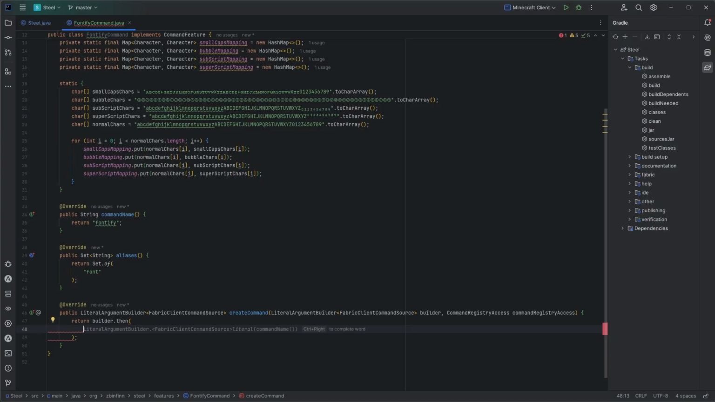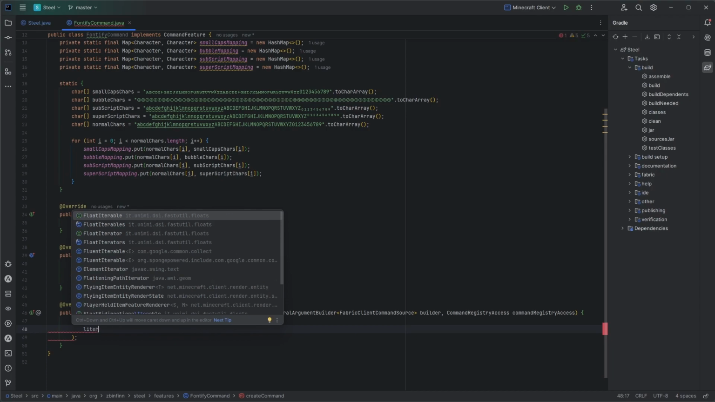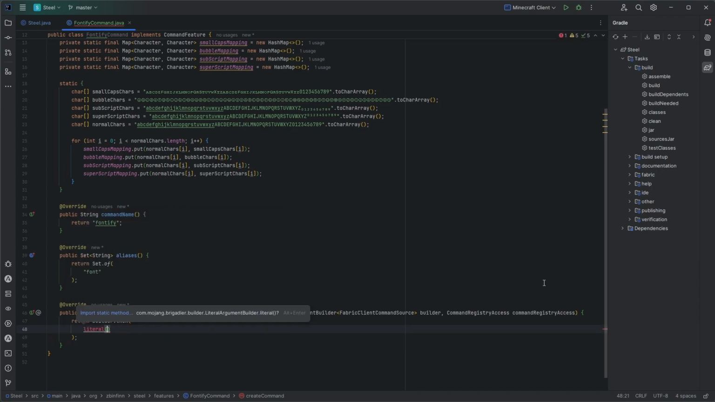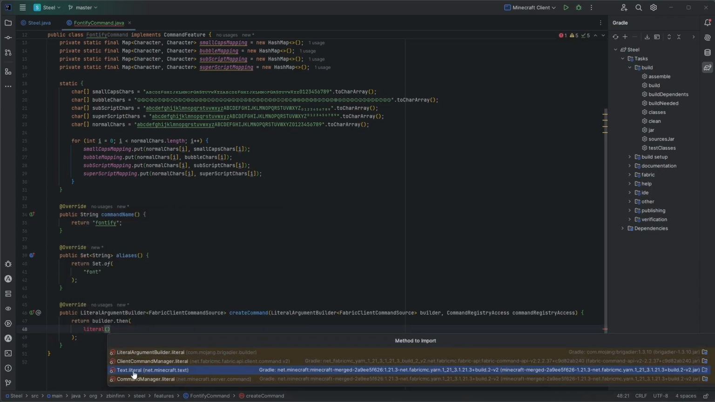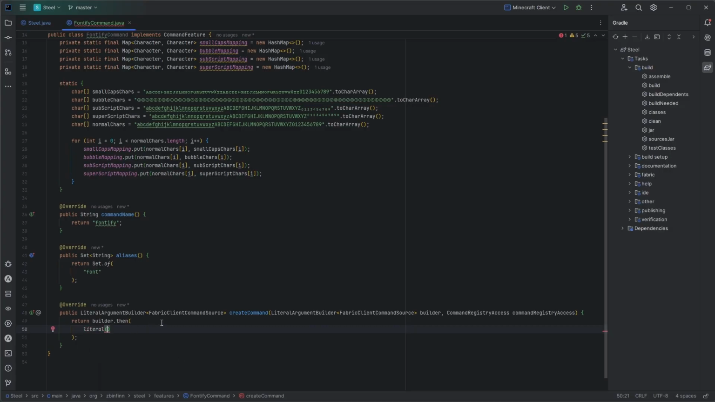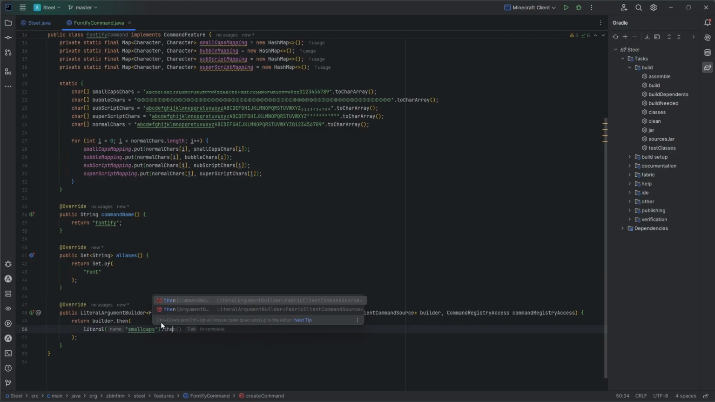Now in here, we can do a lot of stuff. In this case, we want to add a sub command, for which we will do literal. Then we'll go and import static methods, the client command manager.literal. Then we can put something. Let's for now just make the small caps. So literal small caps, and then we do .then again because we want